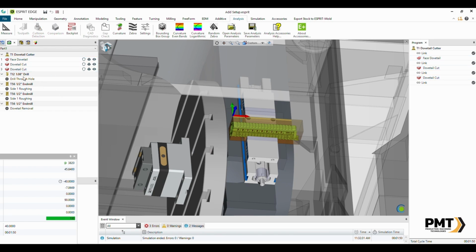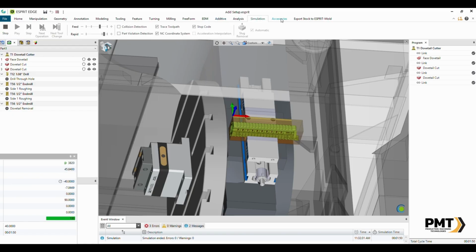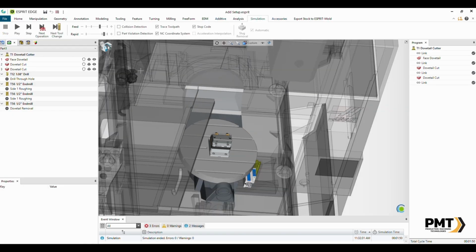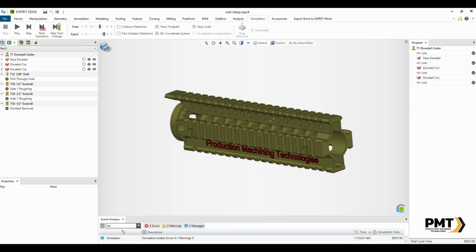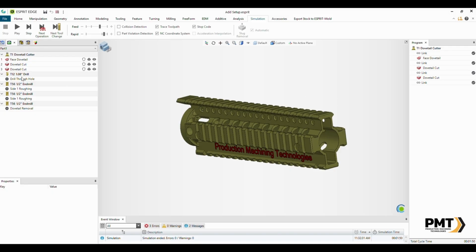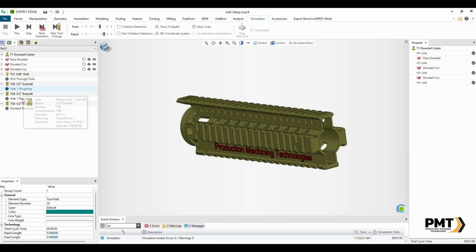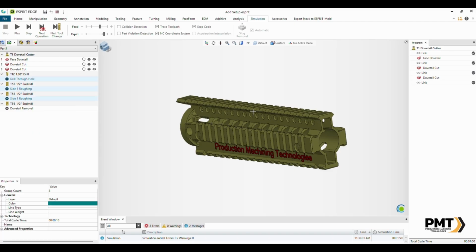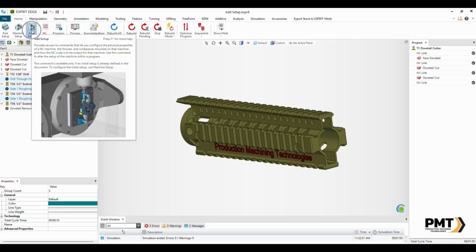So what you see over here on my right hand side again, I'm actually going to go back into simulation and stop. Let's go back here to my programming interface, and I have my drilling op, my side one rough, side one rough. So it just roughs the two sides and the center hole to the middle. All right, so how do I transition this over to my next dovetail fixture? And that is by utilizing the add setup function up here. If I click on add setup right here,